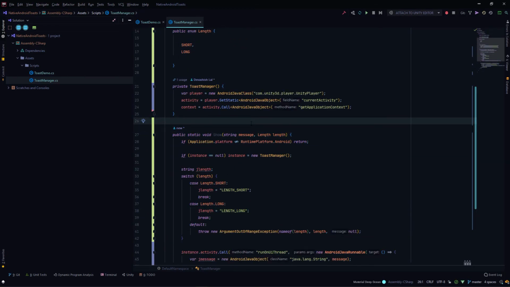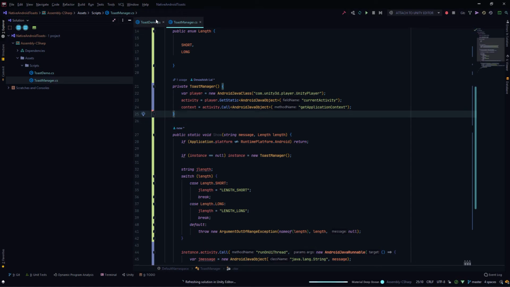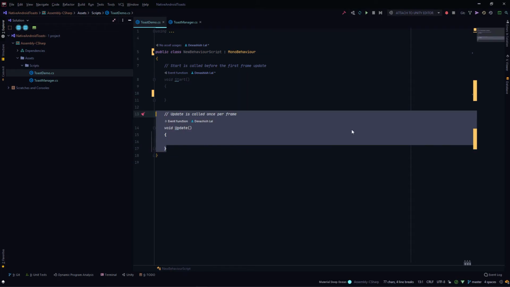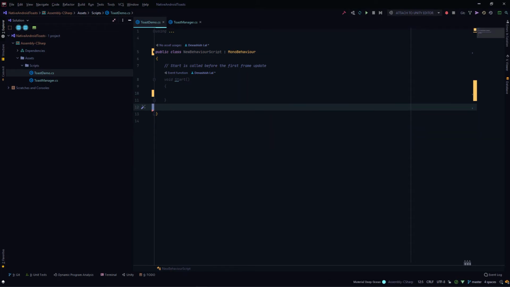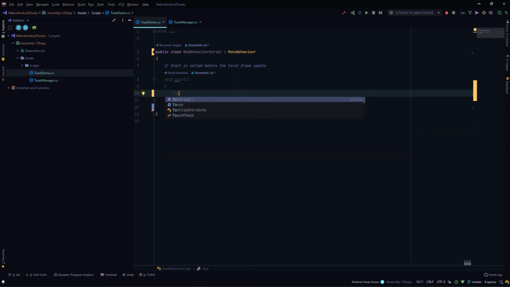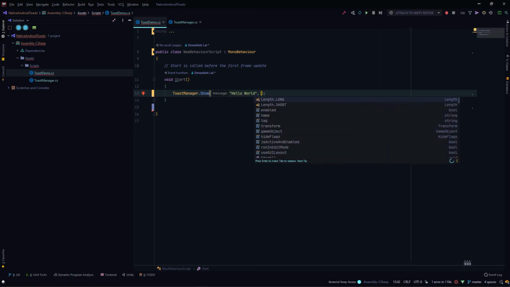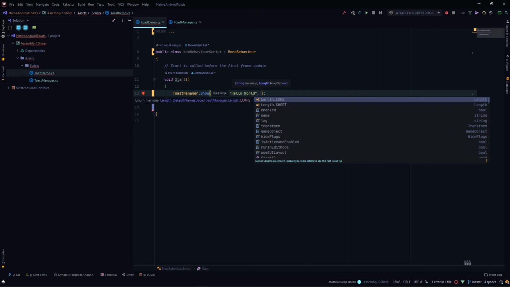Again, I'm stressing that this is not a thread safe implementation of the singleton pattern. If you need that, you'll just Google it. So we'll just need to remove the update method. We don't need that. And just to use this, you need ToastManager.show. You can just give it any message you want. Okay, and you'll just give it a length like long,